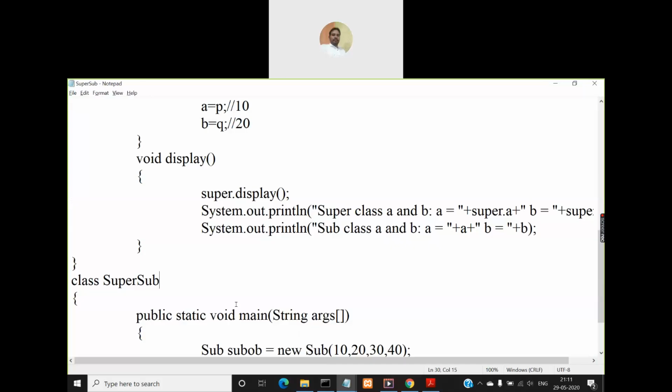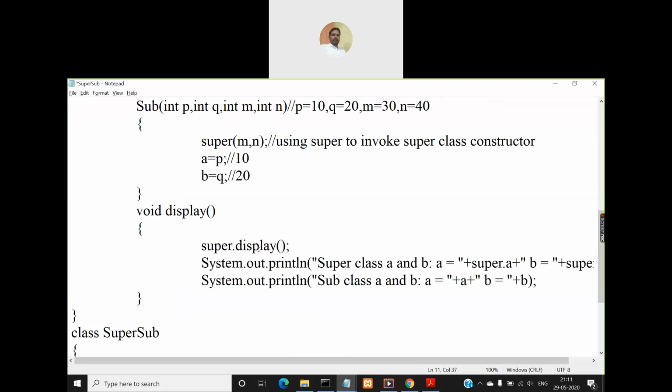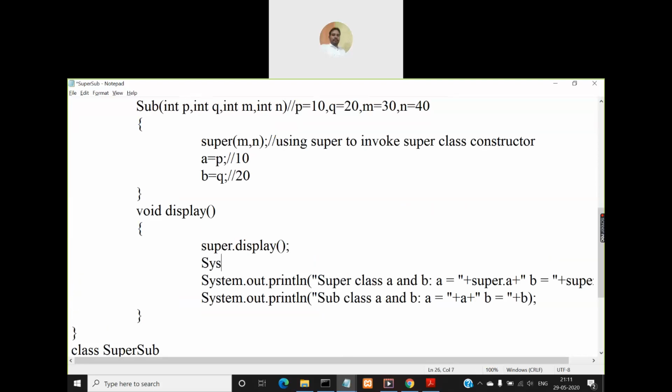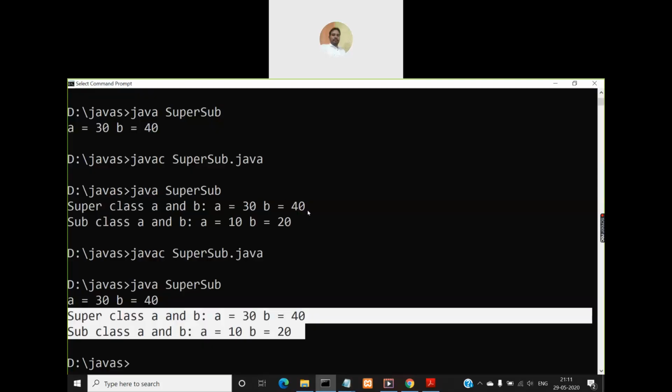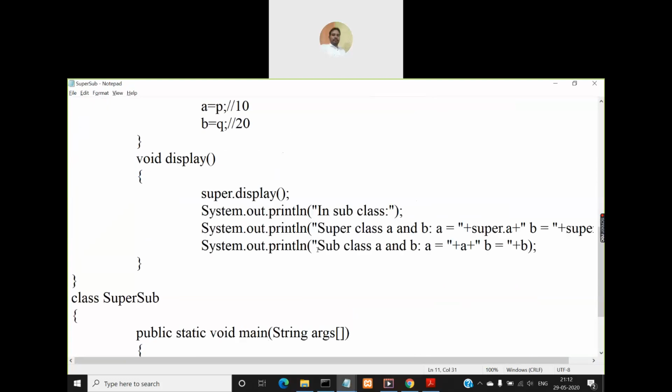So I'll mention here, so that the output will display in subclass a value 30 and b value 40, and here I'll display, this is in superclass and this is in subclass. So now